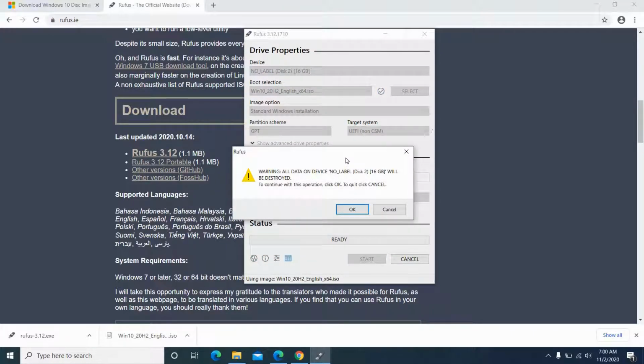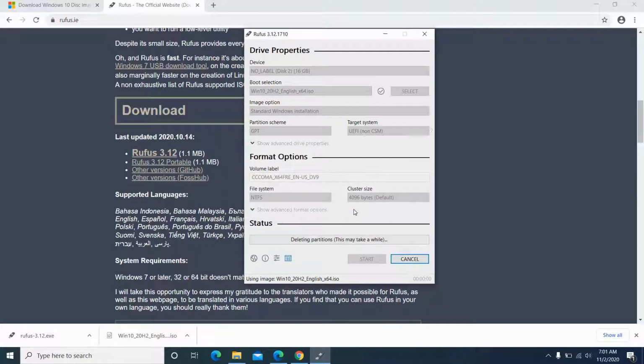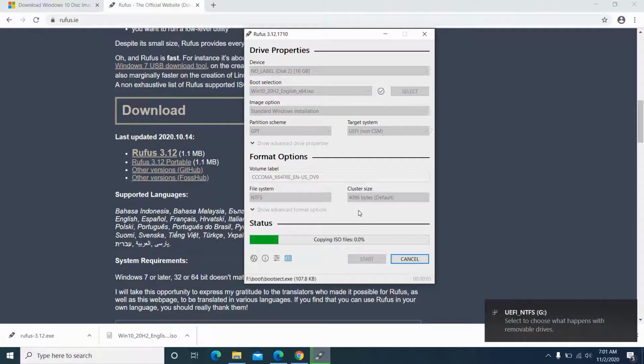And then this is going to say all your data is going to be destroyed off of this flash drive. Do you want to continue? We hit OK, and it starts doing its work here. So yeah, you just kind of let this thing run through. It's copying the ISO over right now. I'm using a 3.0 drive, so it's going to be faster than if you're using a 2.0 drive or something similar. But once this is done, you can just hit OK or whatever it says at the end,